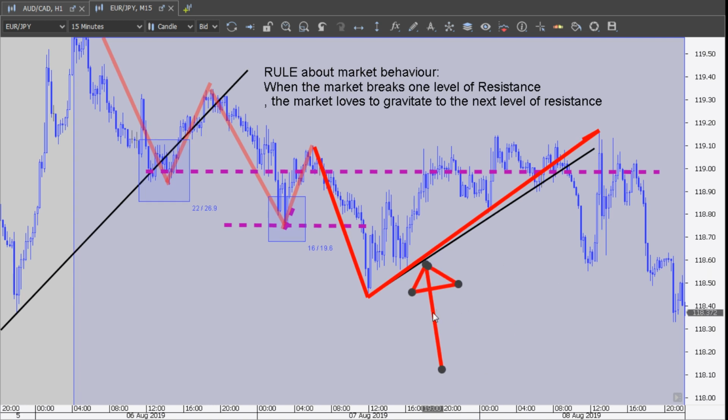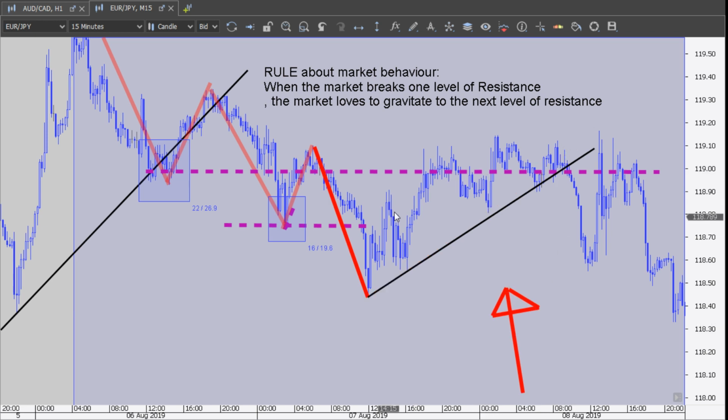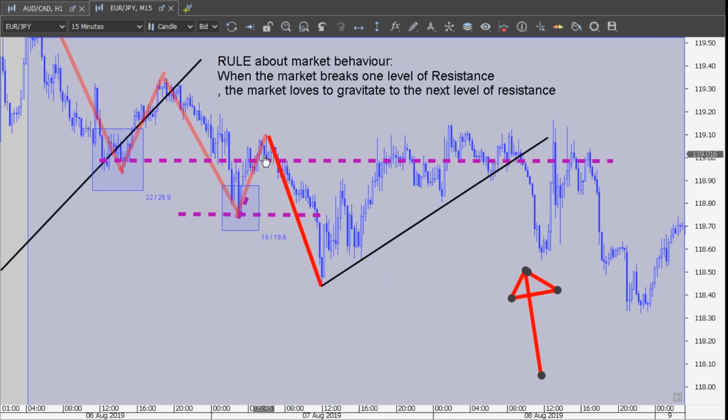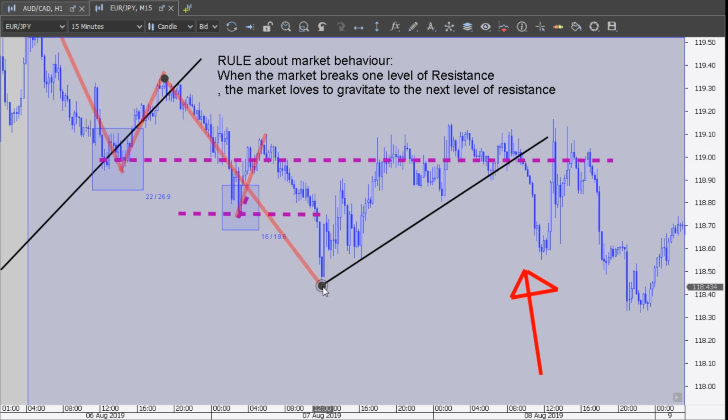Retracement cannot be bigger or longer than the extension. So this is not the retracement, right? This is not the retracement, and this is not the extension. We learned about this. This is why it's critical, everybody, for you to learn how structure and market works. So this is extension and this is retracement